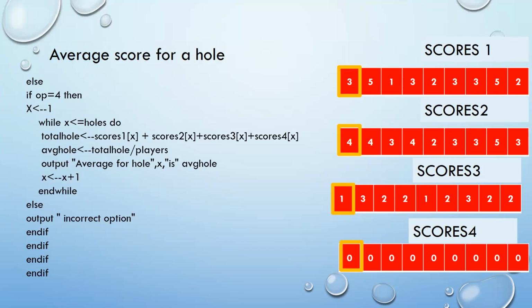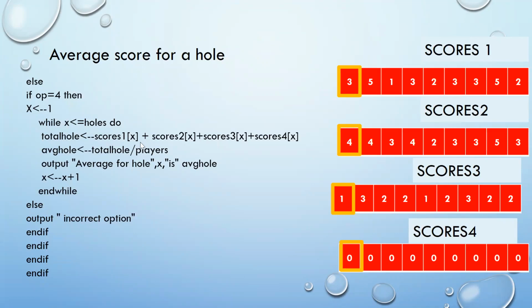So while x is less than or equal to holes, yeah, so I've used a while loop, x less than or equal to holes. There are 9 holes. We are assuming that the round is of 9 holes. So first time it should add up the 4 scores from each of the 4 sheets.